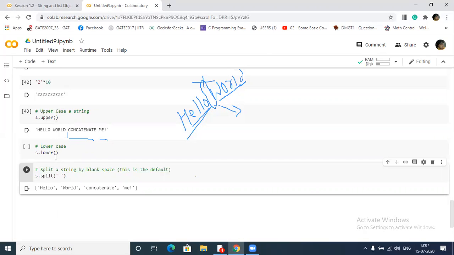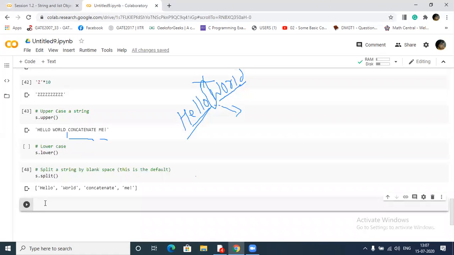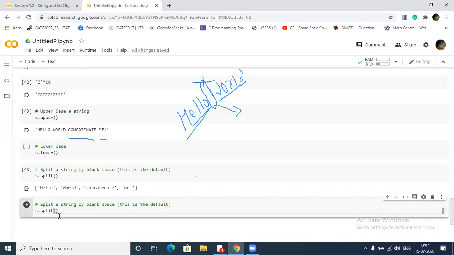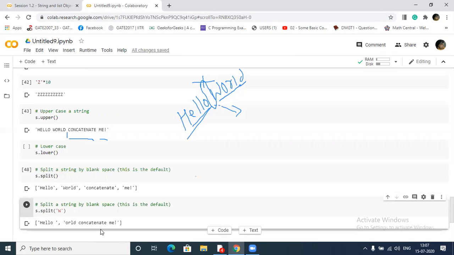I told you, if I have not passed anything, then by default it will take a space as a delimiter. If I pass anything like W, then it will break like this.